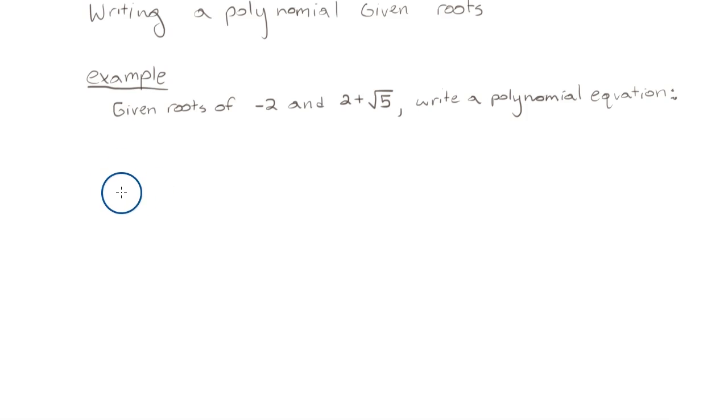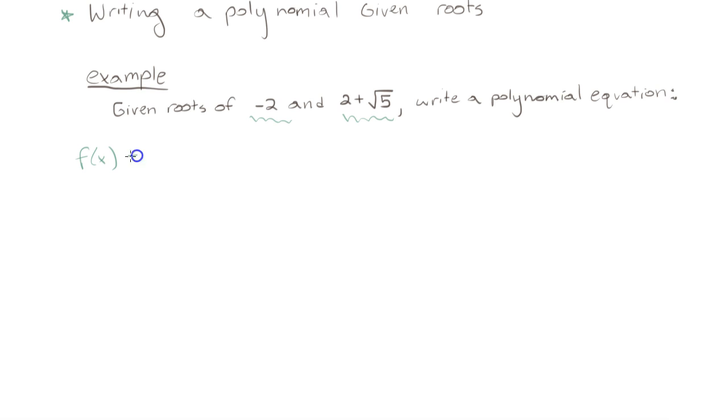Lastly, in section 3.3, we are tasked with writing a polynomial given the roots, sort of like working backwards from what we've learned so far. In this example, we're given the roots of -2 and 2 plus the square root of 5. So to write a polynomial equation, what we need to do